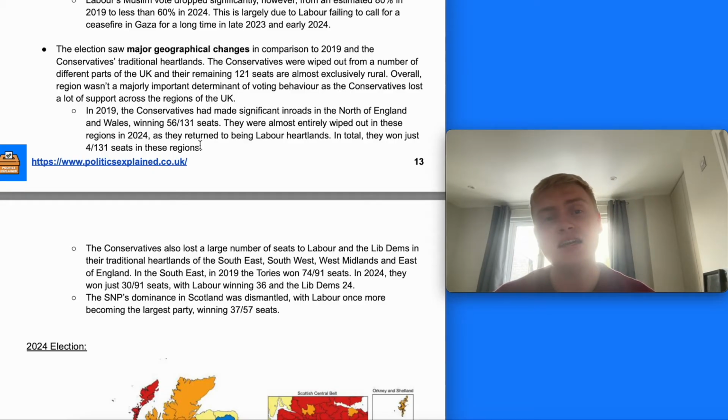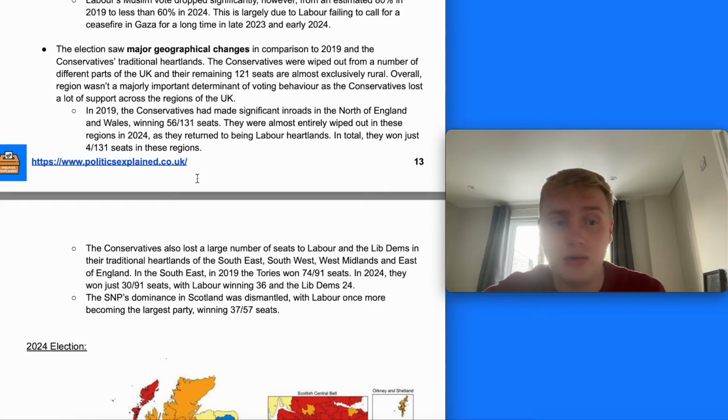In 2019, the Tories had made significant inroads in the north of England. That's what we talked about after the 2019 election, or a lot of people were talking about the breaking of the Red Wall. They won 56 out of 131 seats in the north of England and Wales. They were almost entirely wiped out in these regions in 2024, though, as they returned to being a Labour heartland. In total, the Tories won just 4 out of 131 of these seats in these regions,